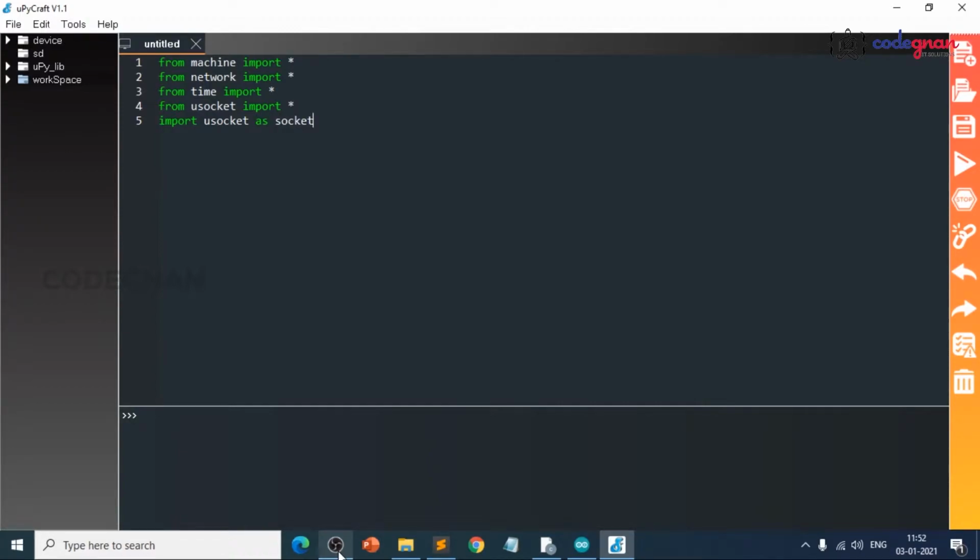When we create an alias name, we can use socket in place of usocket. So in both ways we can do it. I am taking the second process here, so I am keeping the other commented.